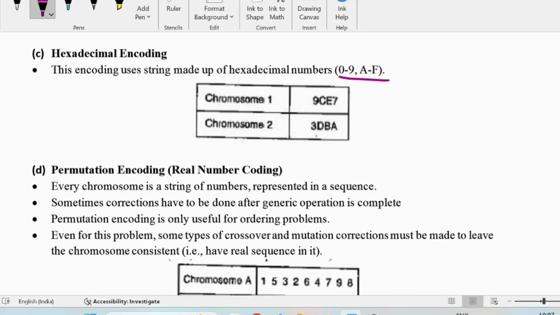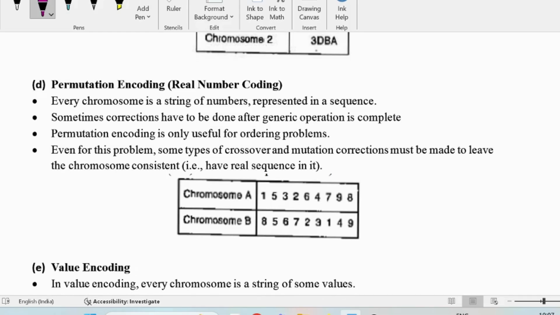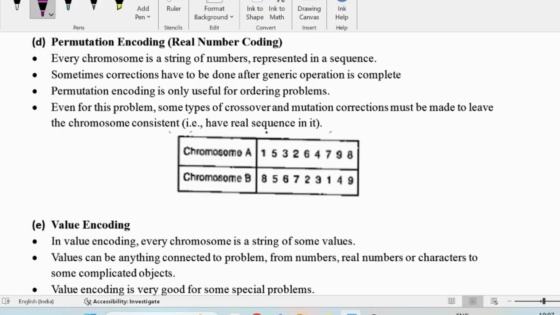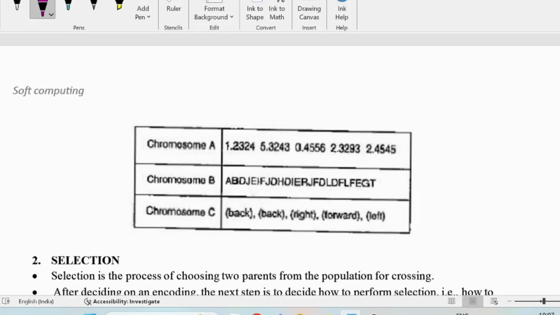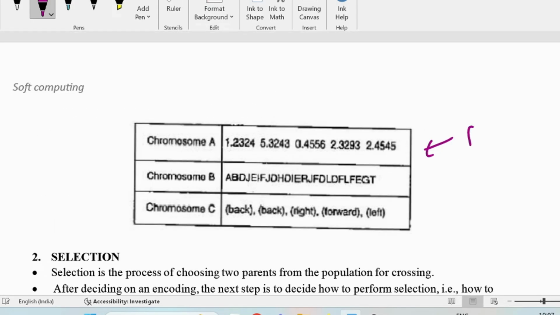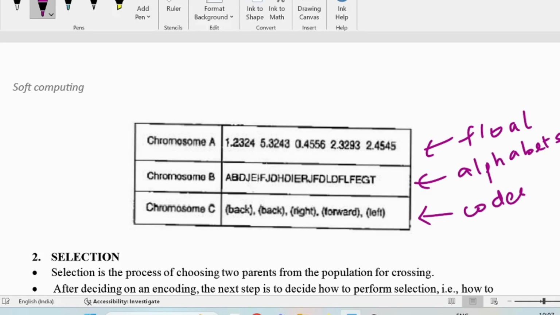And then we have permutation encoding. That is using real numbers or decimal numbers, they are represented. Then we have value encoding. Value encoding means it will be either some kind of a floating point number, or they can be represented using alphabets, or we can represent it using, say, left, right, front, forward, or some kind of codes. It is based on our application that we can choose what is the best method of encoding our